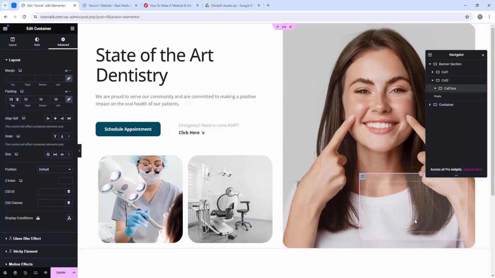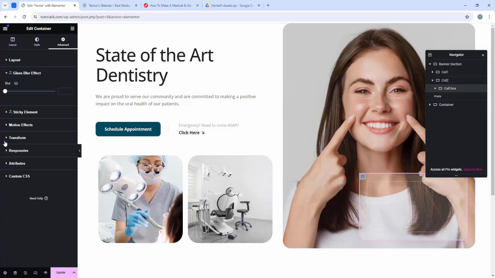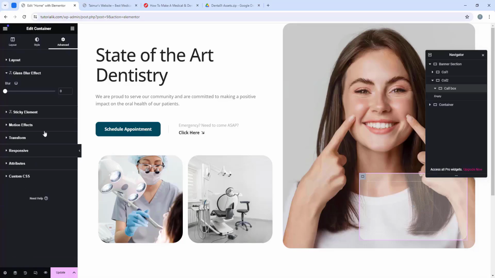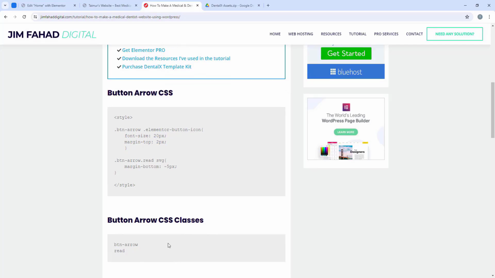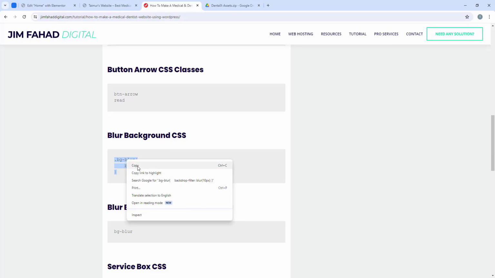And now I want to add a nice blur effect inside this container. Although from here you can use this glass blur effect to add blurriness in the container, we don't exactly want it like this, because right now we are having this grain pattern using the image, and by using the blur with this glass effect, we cannot see the image anymore. So for that, we have a simple custom CSS. Let's go to the site, and after these button codes, you will find this blur background CSS. From here, just copy this code, and in here,